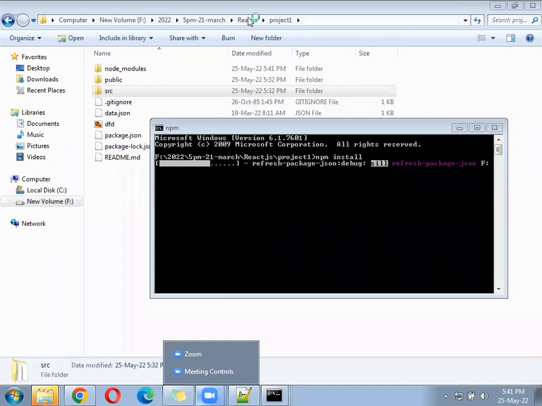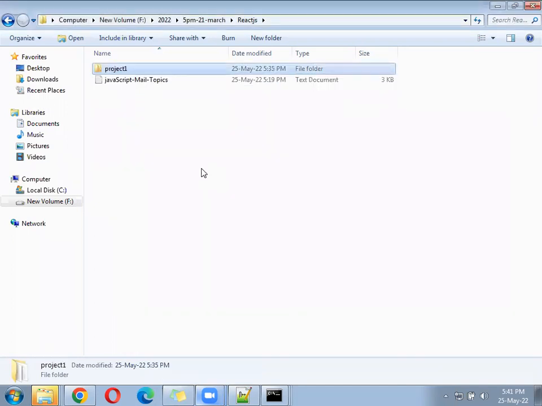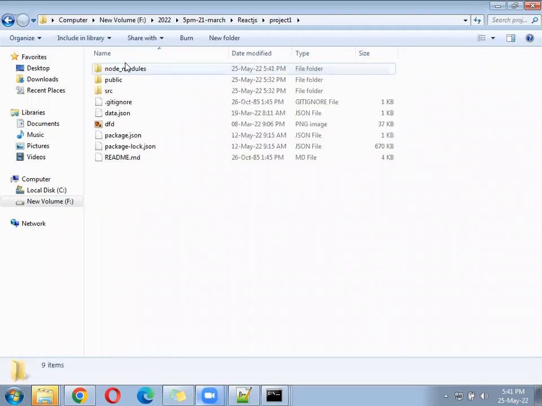Yes, I have already, sir. You have already set up? Yes, sir. React DOM, NPM, all these things. Okay. Check if your folder structure is something like this or different. Yes, sir, similar. Okay, fine then. Setup is going on, let it go. Once it completes, we will start that and we'll see.